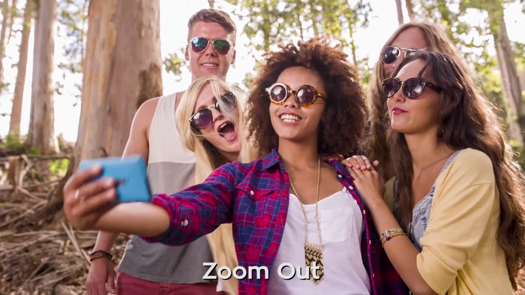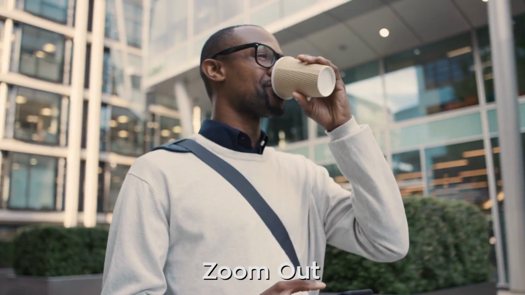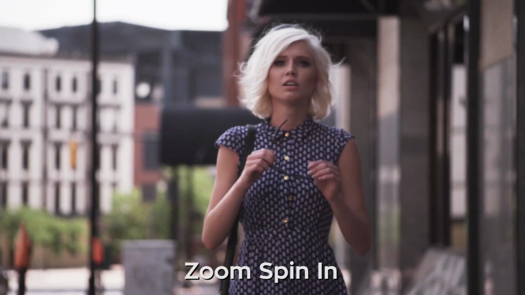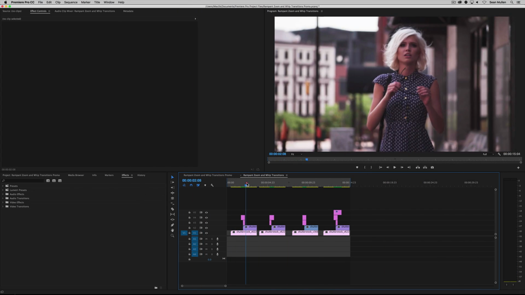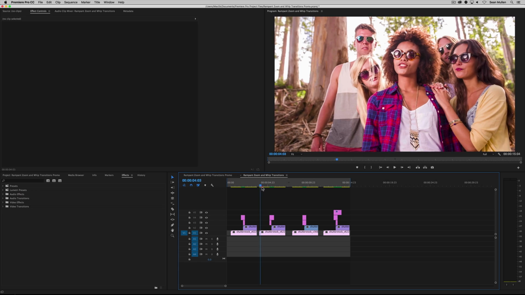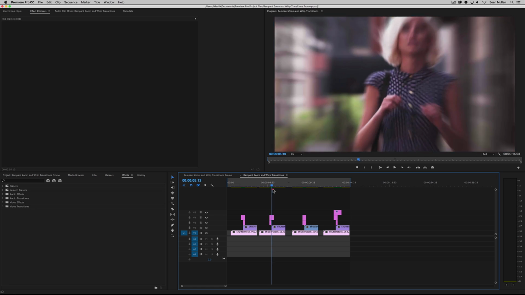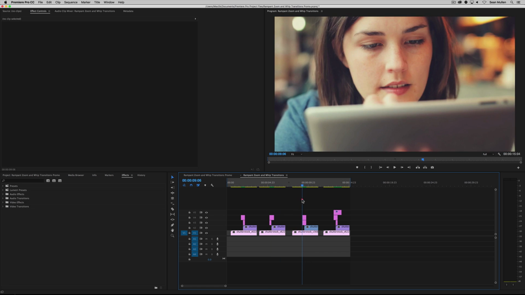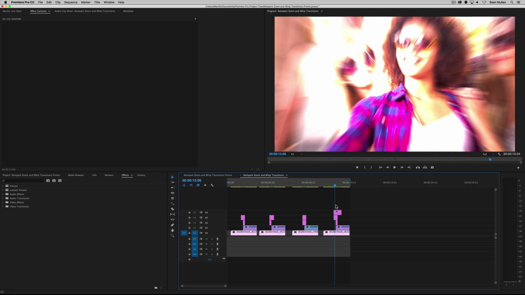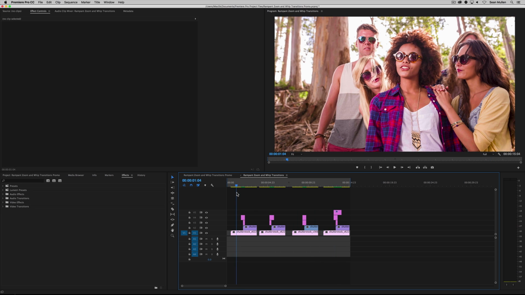Zoom and Whip transition presets for Adobe Premiere Pro. That's right, these are presets, so I'm going to show you how to bring them in, and then of course how to use them. I'll walk through how to use our zoom ins like this, and of course our zoom outs. Of course it would have a slightly different sound effect. Come on people. And then we've got the whips. And I'll show you how to use our bonus effects as well. So there's quite a few little presets in this pack. It's got a handful of zooms and a handful of whips and some glows and whatnot, and so I'll walk